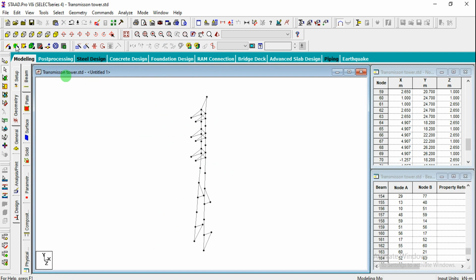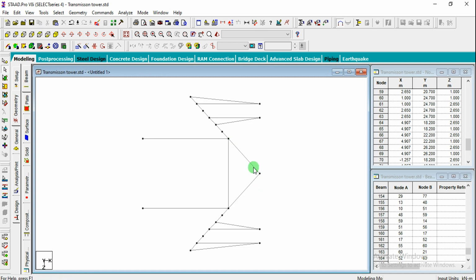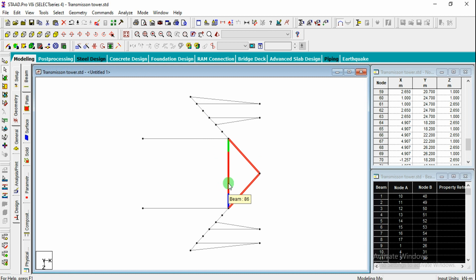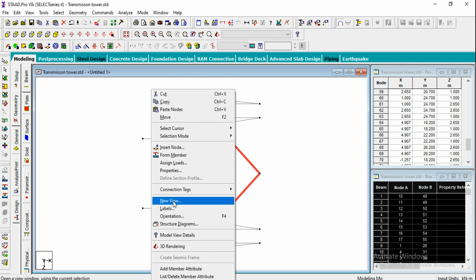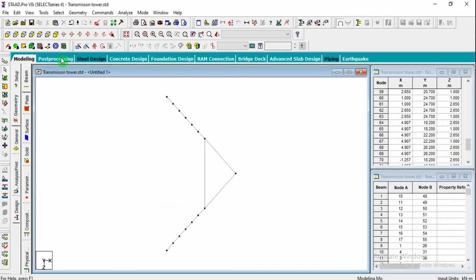Okay, so just go for the side view directly, and otherwise you can go for the top view again. So just hold the Control button and select the members required for the editing purpose. Select carefully, otherwise other objects might also get selected. So I've selected all these members and go for right click, new view, and click on OK here. So we got the structure like this. Yeah, here vertical members are missing. Okay, so let us work with this one first.